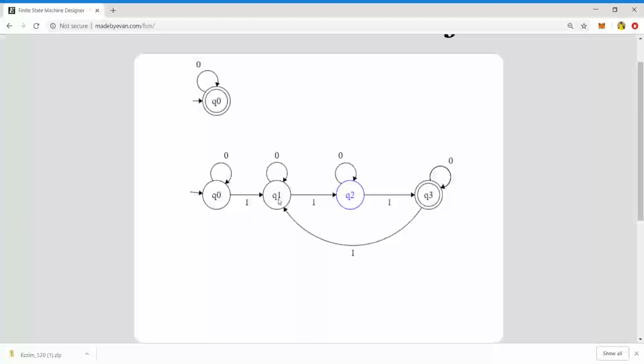Why? Because once the machine has encountered three ones, again it keeps track of the next three ones, right? So when there is a fourth one, it goes to Q1, and Q1 is remembering or marking that the first one has been encountered in a group of three ones, right? And then it searches for the next two ones, and again it reaches the final state. So like this, it will accept all the strings where the number of ones is a multiple of 3.